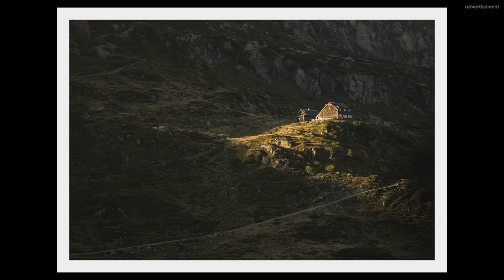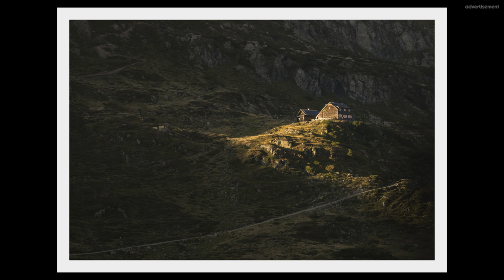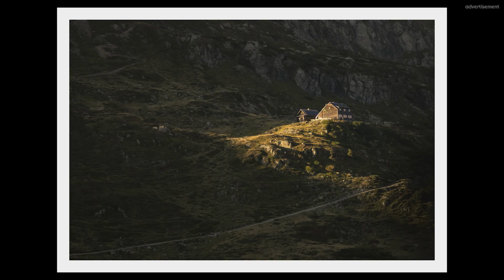This is Light of Refuge. I was out on a photo tour up in the mountains, and as I was already on my way down, I thought I was dreaming as I saw this cone of light shining through a gap in the mountain, and here I had to be really fast. I threw down my backpack, as usual, and the light lasted just for a